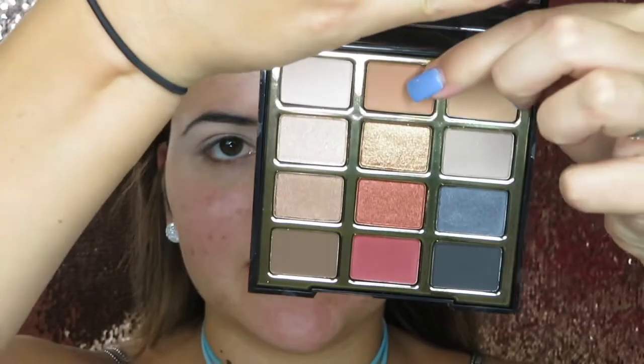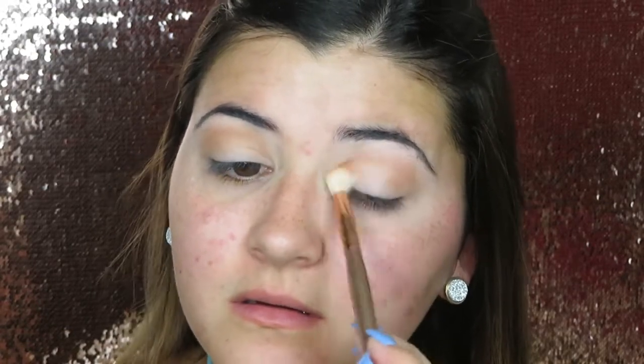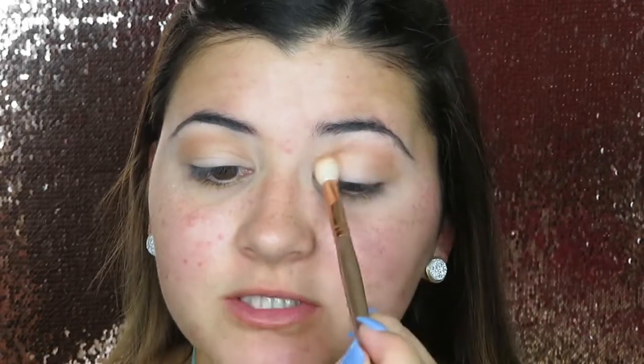Next, I'm going to go in with this second shade right here, and I'm just going to take a nice big fluffy brush. Whoa. So this does have a little bit of kickback, but we're going to try to work with it. So you definitely have to tap off the excess because it does pick up a ton of product on your brush. Just placing this as my transition shade and going back and forth, windshield wiper motions. Also doing a little bit of circular motions, just really trying to get it to blend out and look nice